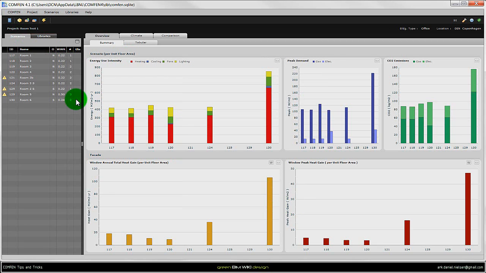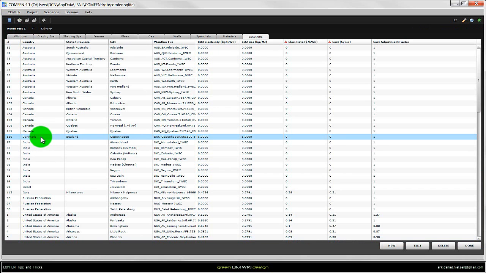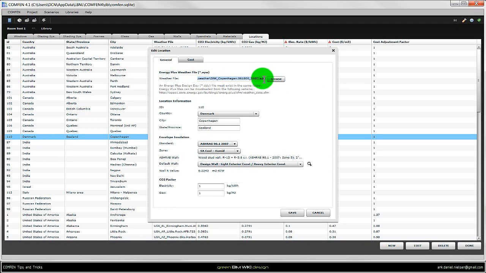Second, if you have created another location that is not in Comfen, then you also need to go to the library. For example, Denmark is not a standard location file. So I need to specify again the location of the weather file, because it doesn't remember it. It only remembers the default locations. So I have to browse to this location of the weather file, as you do when you create a new